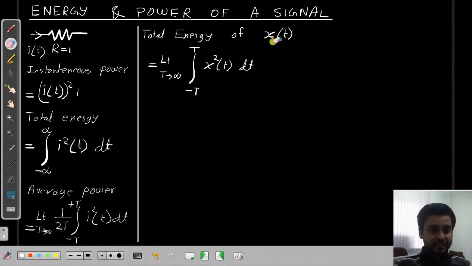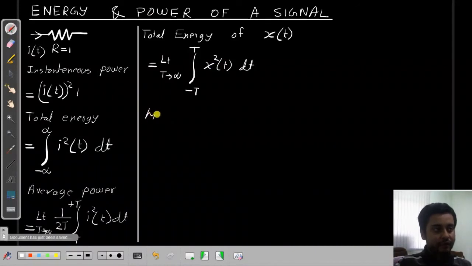Now this x may be current or may be some other physical quantity, and therefore this energy might not be the energy that we study in physics. This may not be heat energy or any similar energy, but this is the definition of energy of any signal. It may be physically the same as physical energy or may not be, doesn't matter. And